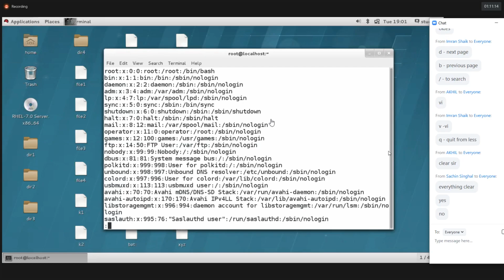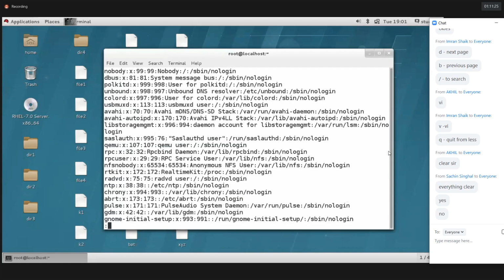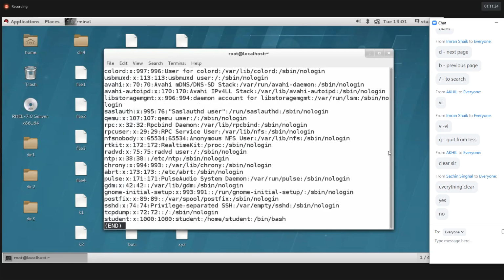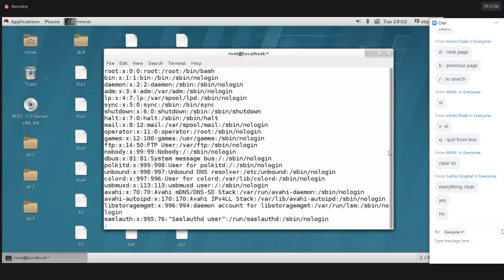Already I gave some information about options before. In less, to navigate the file, we have B and D. D is the next page, B is the previous page. If you want, you can use the page up and page down keys on the keyboard also. So D key, next page; B key, previous page. I hope you got it, guys. This is to navigate the file page-wise.